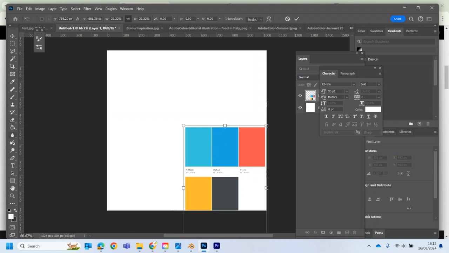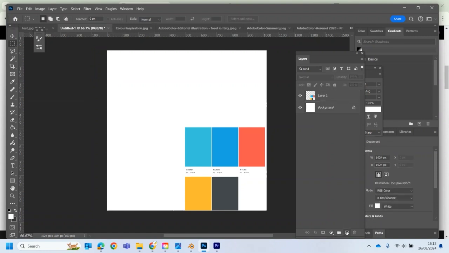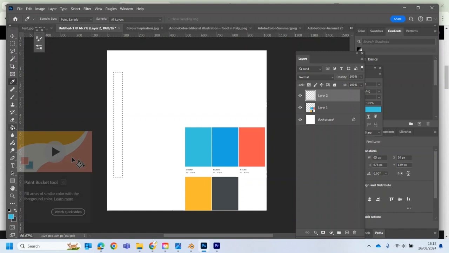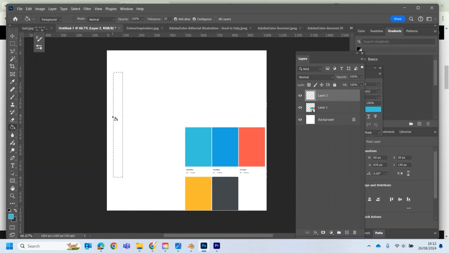So I'm going to just create a new layer here, and select that. And I'm going to go with my color picker, which is here. Click that one. And then with my paint bucket, which is G,